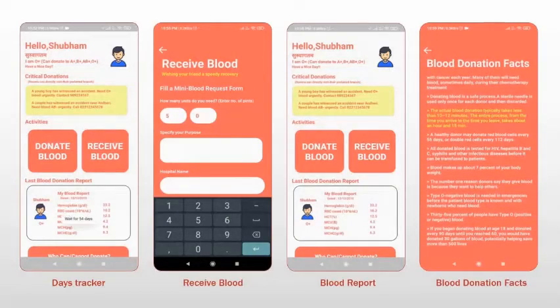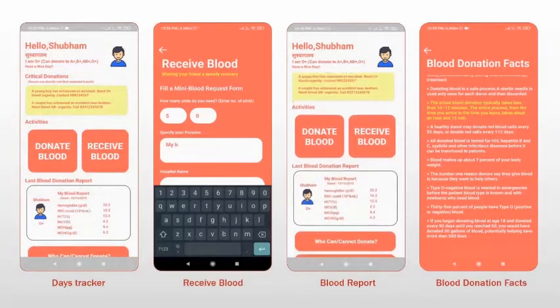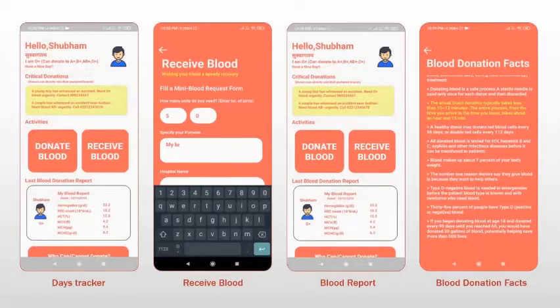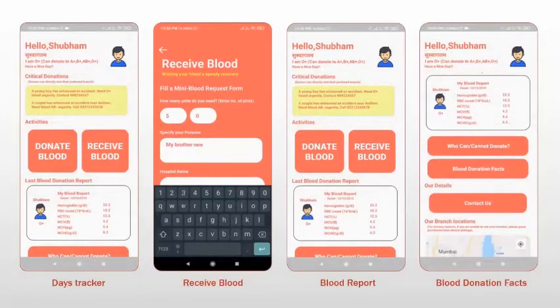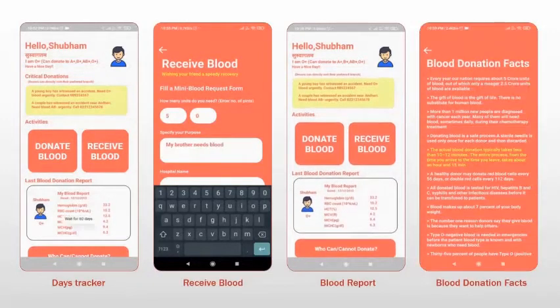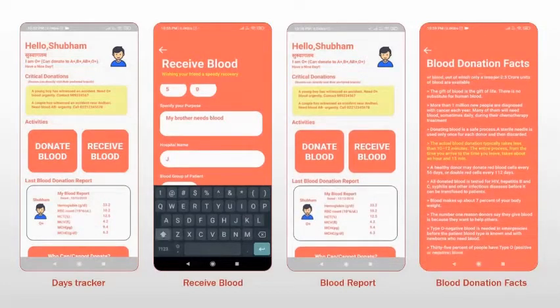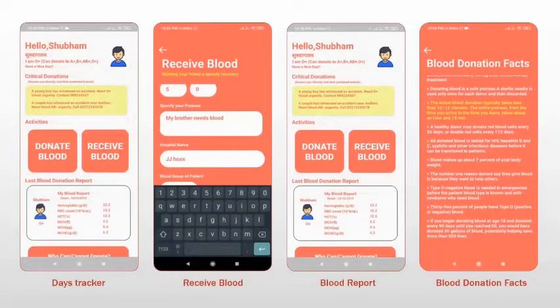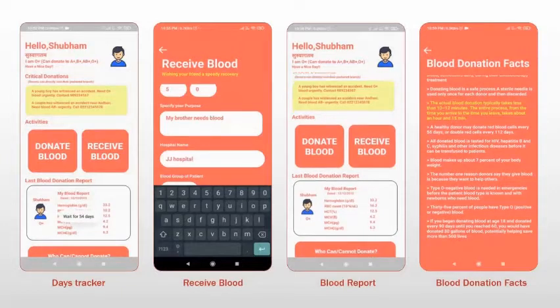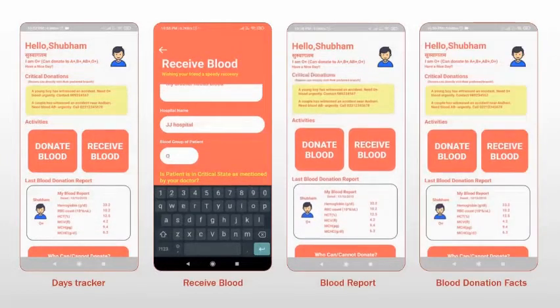The receive blood feature is only available to ask blood out for other people. We usually prompt here with smaller form which contains most of the information detailed. The detailed form filling will be taken at later stage by authorities. We have also implemented an emergency service for the patients in the critical stage.